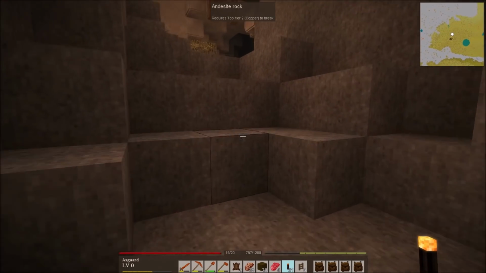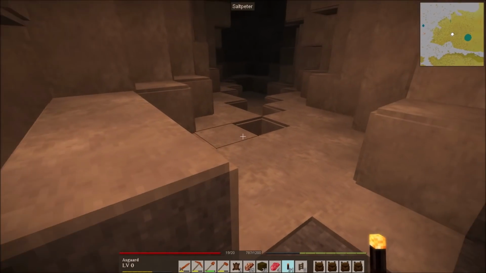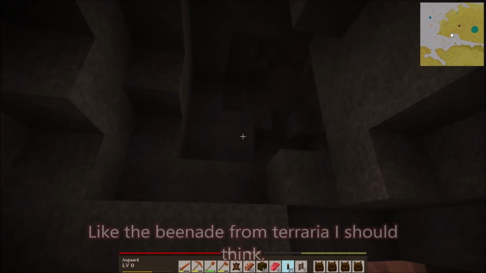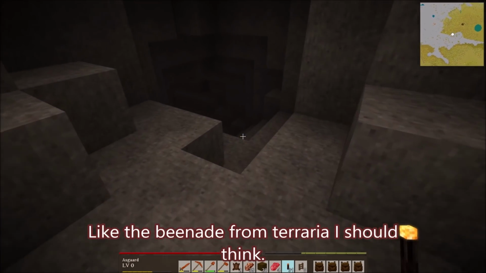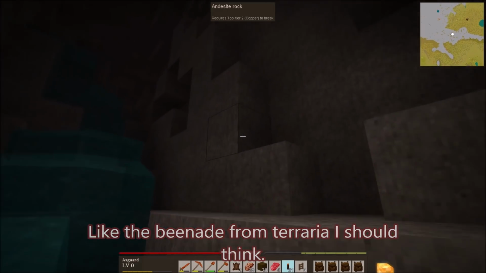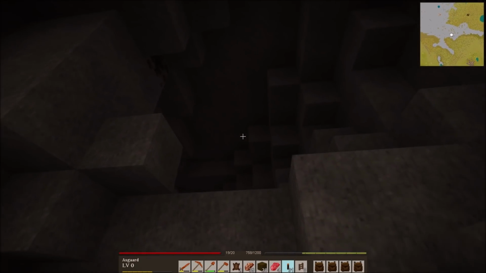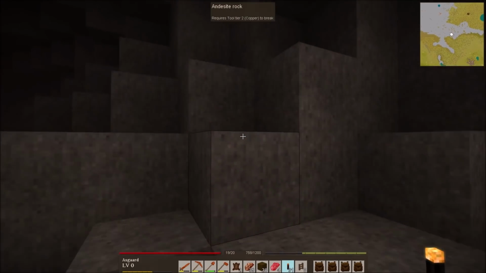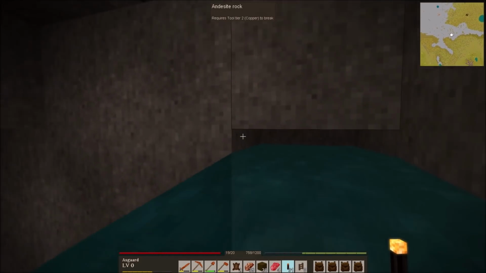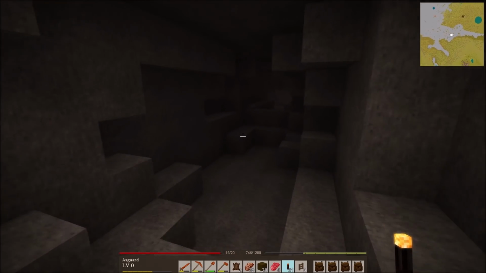But there's an ore blasting bomb, and there's also a bee nade, which I'm assuming probably unleashes bees on enemies, like an angry swarm of bees whenever you throw it. Which is really cool, I have to say. I do quite like that. But I don't know about the sulfur side of things. I don't think we're going to be able to get that just yet. So...